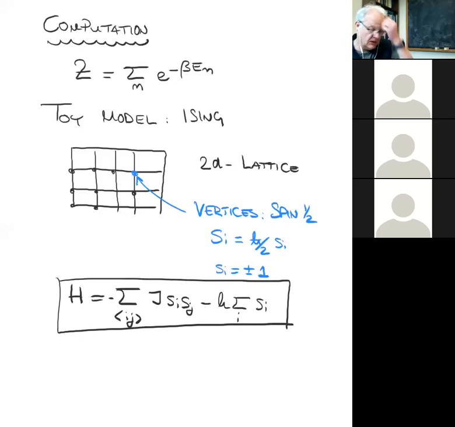Okay. And again, what I mean by bracket ij is simply, you should imagine that there is a spin labeled by I, and that spin has 4 neighbors, okay? So this is my spin I, and then it has a bunch of neighbors, which I label by j. And this bracket ij is just a sum over these four connections. So bracket ij is just a sum over nearest neighbors.